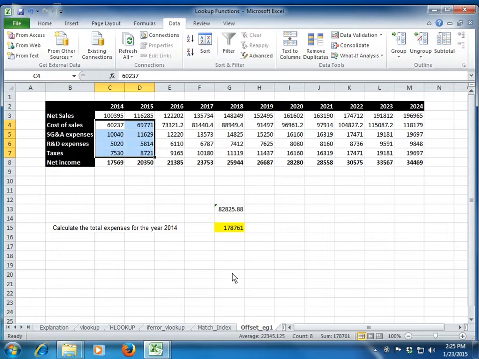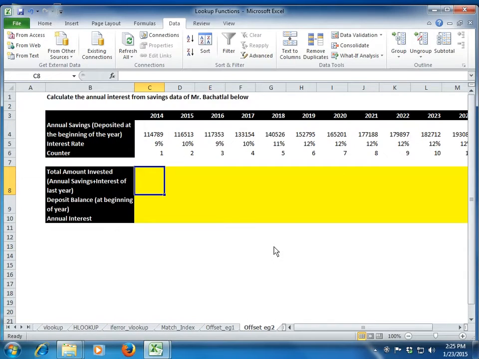But again, I am sure you would not have understood the application of this offset function. We have understood how an offset function works along with the height and the width, but how do we use that? What is the simple application of this function? So let's look at an example to understand it further. This is a very beautiful example, and we can all use it in our day-to-day life for various purposes. Let me explain this example.